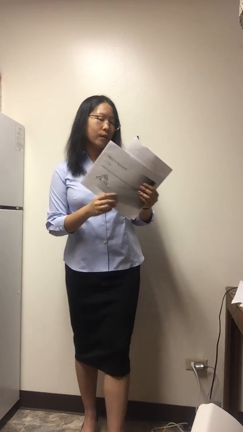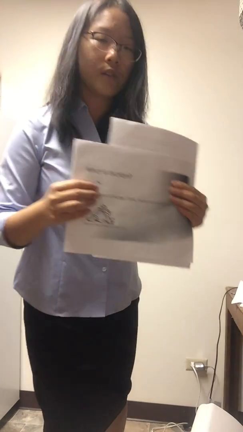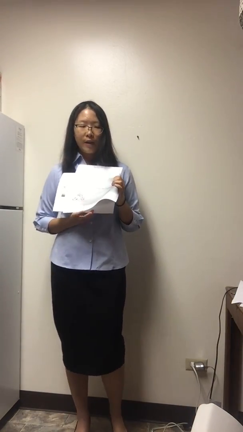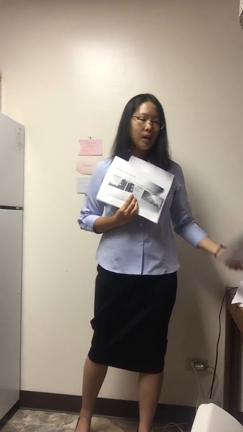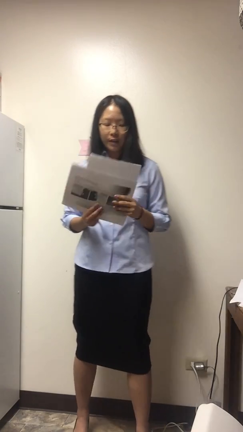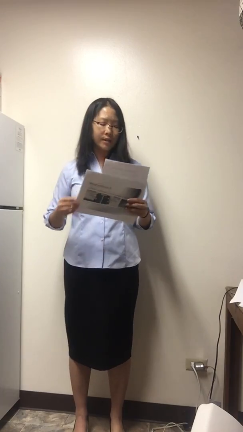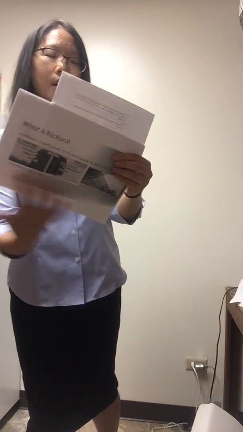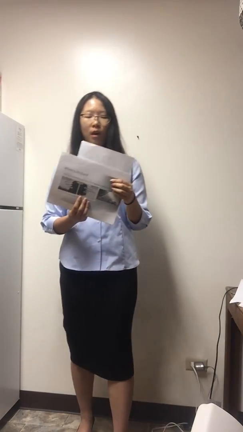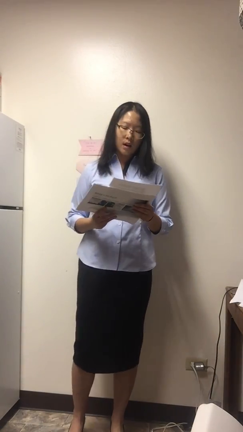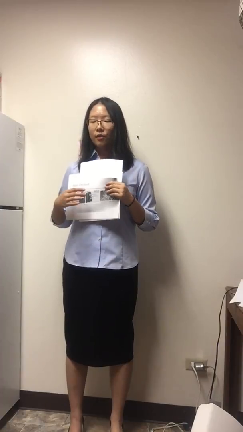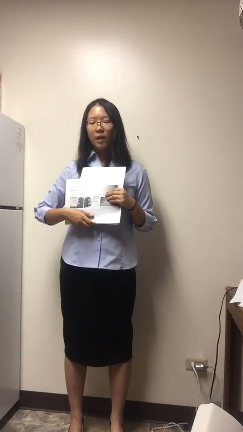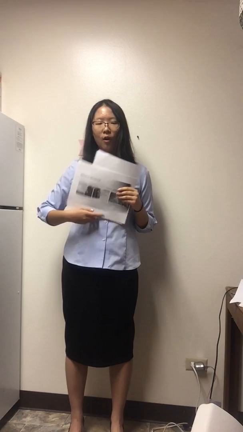There is a formula for friction. It is F equals mu times N. F is friction, mu is the coefficient of friction, and N is the normal force applied to the surface. Different objects have different coefficients of friction. The coefficient of friction is smaller with a smooth surface. We can feel that glass or ice always has a smaller coefficient of friction than a rubber floor.